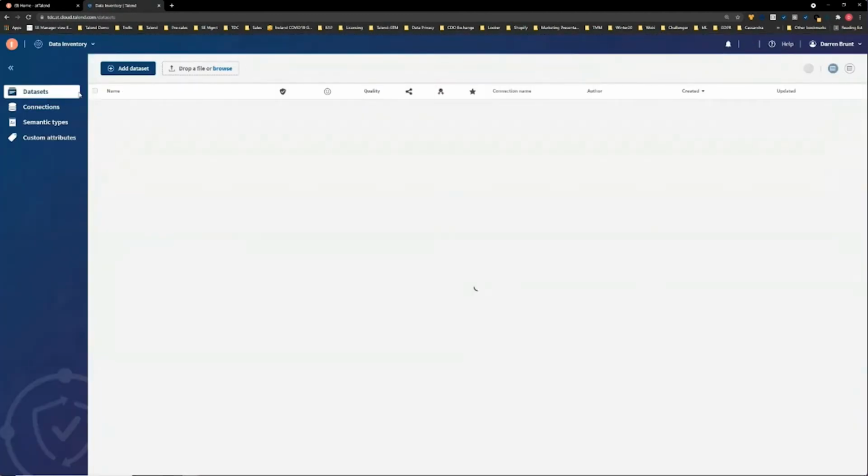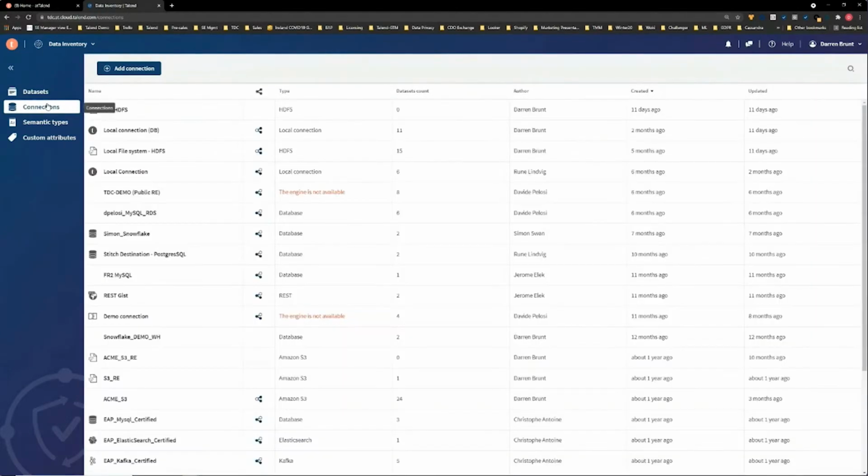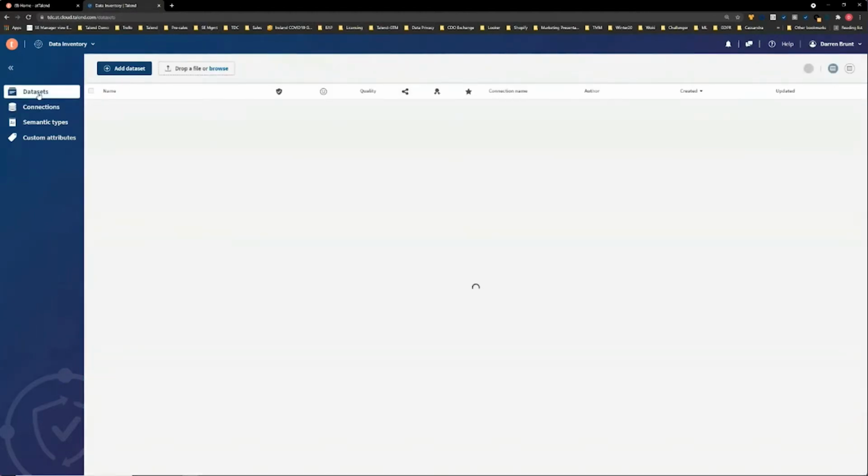And the data inventory is managing all of the resources that the Talend platform is engaging with, either as sources or targets or reference data or whatever, as part of the data pipelines or management processes within the fabric itself. The inventory has a series of connections associated with it under management that connect to a wide variety of target platforms and resources. As we can see here, whether they be databases, data warehouses, cloud storage, REST APIs, HDFS platforms, you name it, a wide variety of platforms and resources which are under management from a connection point of view. And on those connections, we manage data sets, things related to the connection.